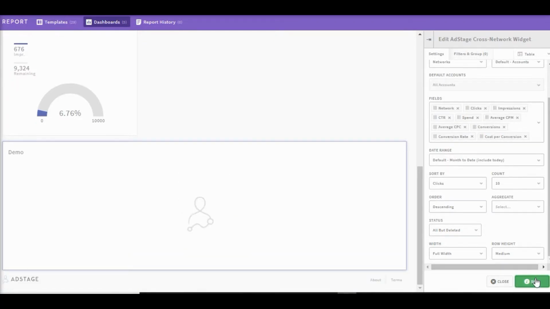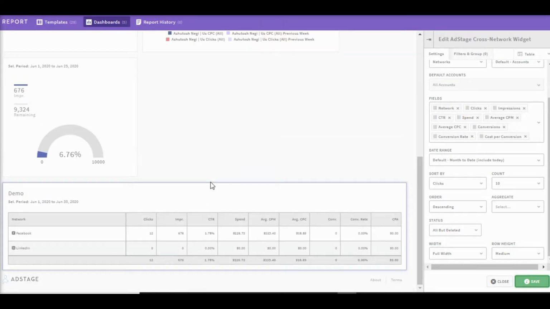Just click on save, and you will find that a table is automatically generated. So in this way, you can track your visitors, you can track your ad campaigns according to the metrics you want to measure using these reports, which you can customize according to your need.